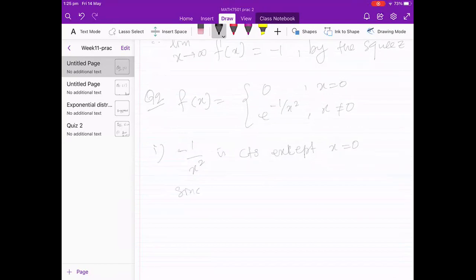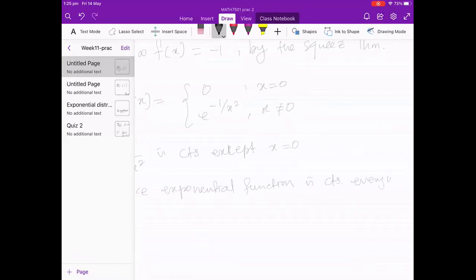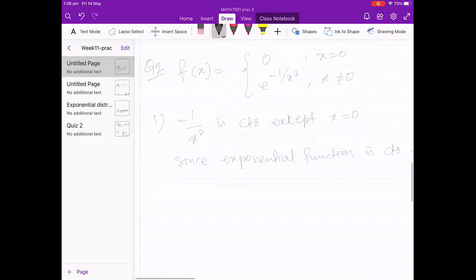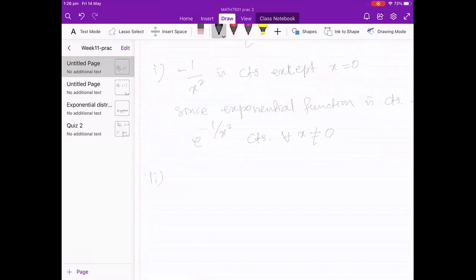And since the exponential function is continuous everywhere, you have e to the power minus 1 over x squared continuous for all x except 0. Yeah, that's the first part. Second part is